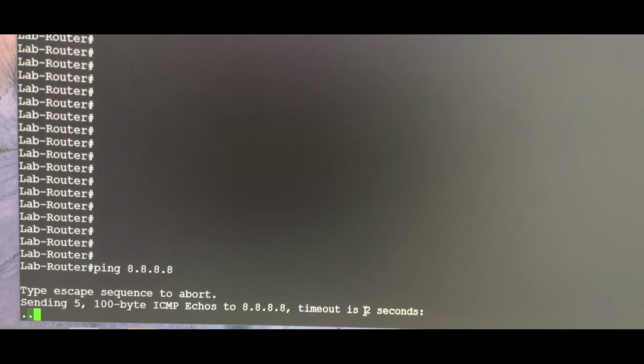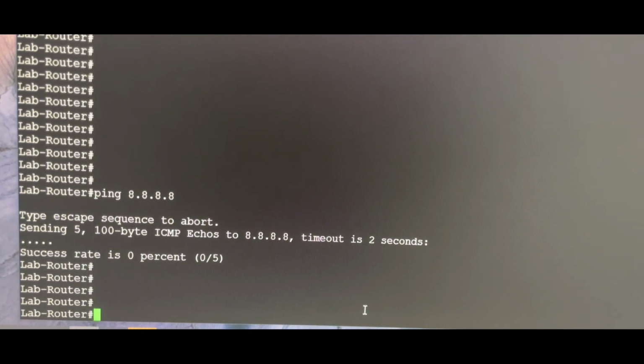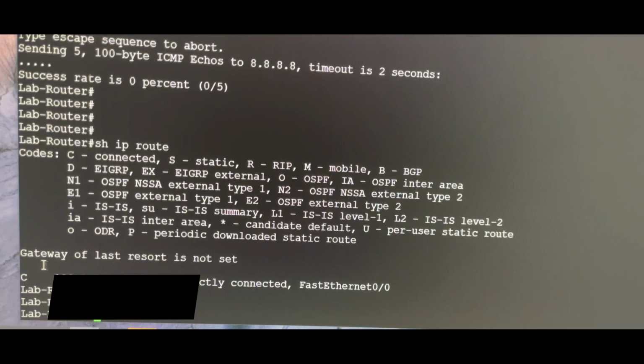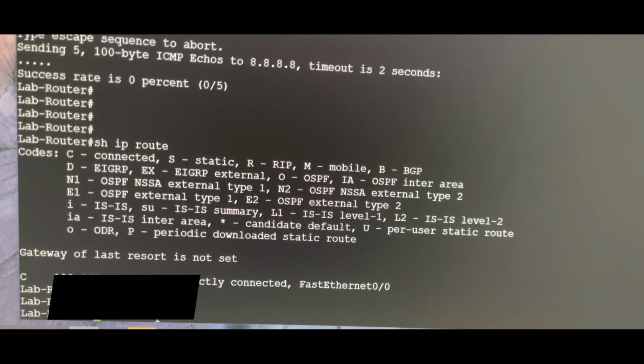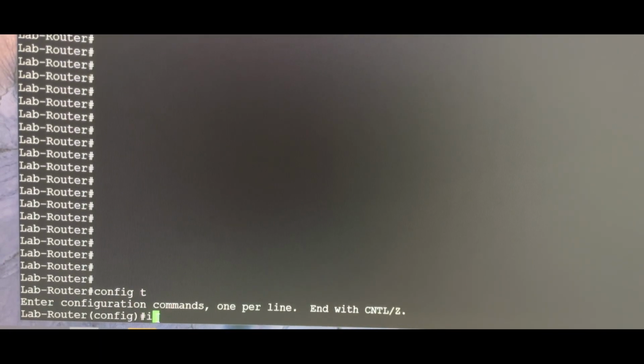If I do show IP route, it's gonna show me there's only one network, which is the connected network from the AT&T. But from here, I can configure a static route, and it's gonna be config terminal, IP route, and the static route is gonna be